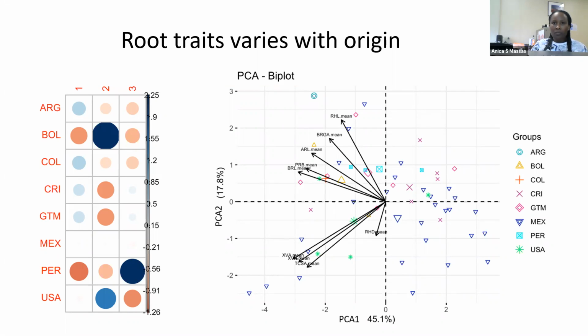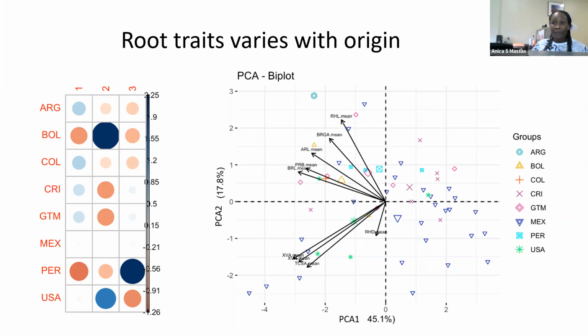And we know that most of the wild beans come from arid soils, dry soils, desert soils, and most of them use certain strategies to survive in that environment. Most of them have long tap roots or root hairs to capture a lot of water in the deep soils or some nutrients too. So here in the